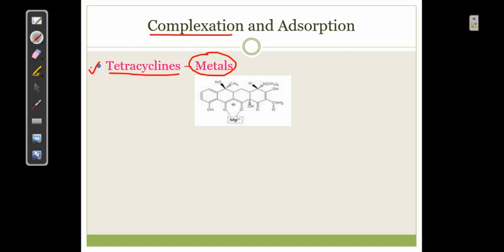Then iron, right? Iron containing foods, right? Because Fe2+ is also a divalent cation. Hematinics, right? Drugs which are used to increase the hemoglobin value, which are used in treatment of anemia. All these contain metal, and tetracycline complexes with all these divalent and trivalent cations, and that drastically reduces its absorption. Okay, so this is a classical example,